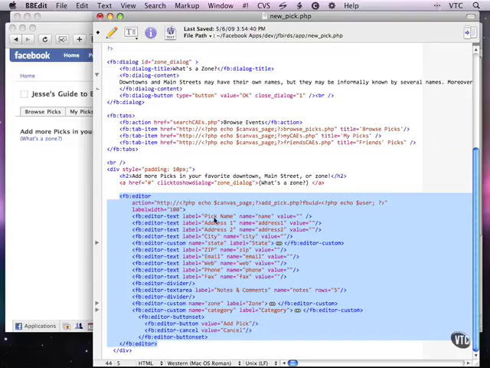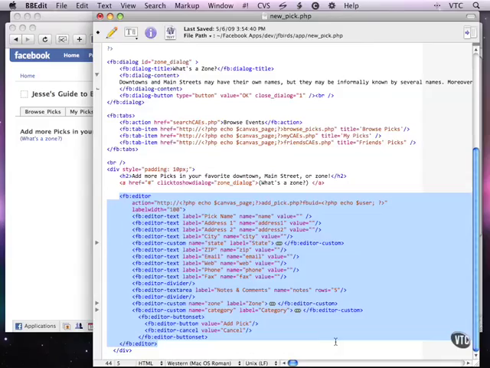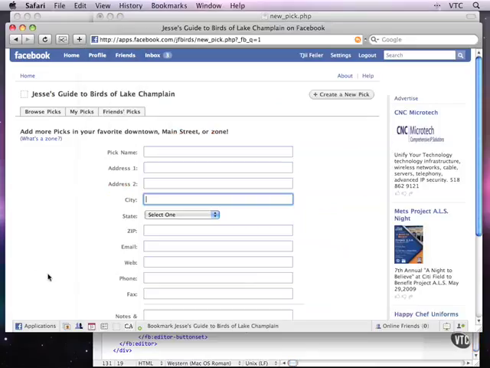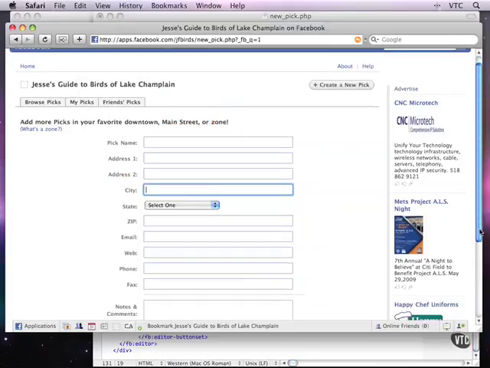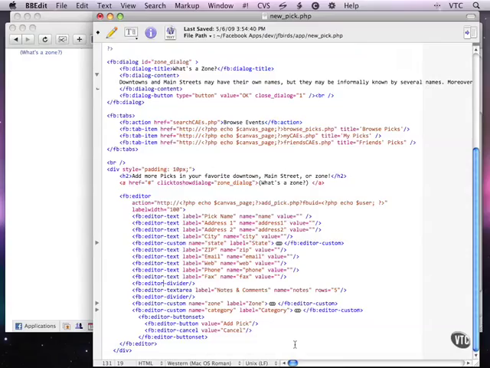So this is required, and then within the FB editor form, I can have an editor text field, and you can see I have 4 here: the name, address 1, address 2, and city. Then I come to a state selector, which is going to be an editor custom field, more text fields. Then I have a divider. Down here, that little line below facts. Then I have a text area, another divider,